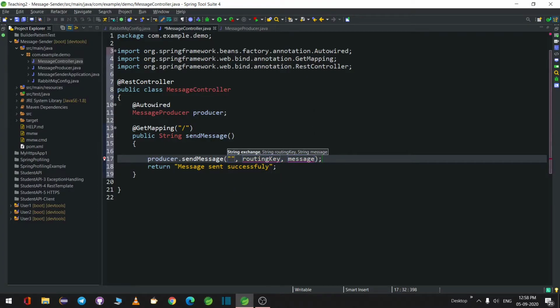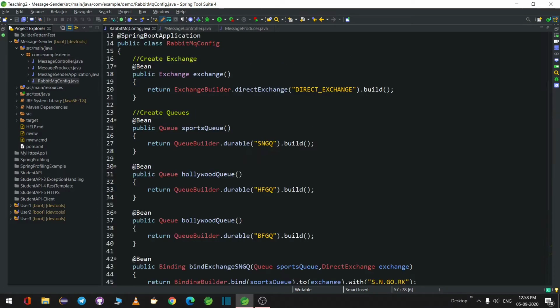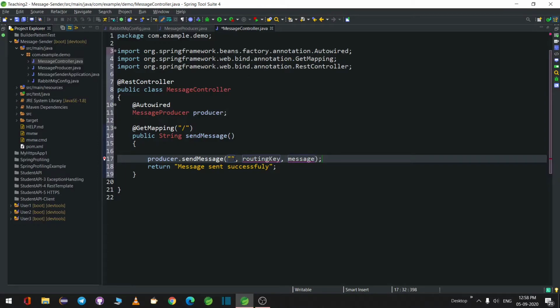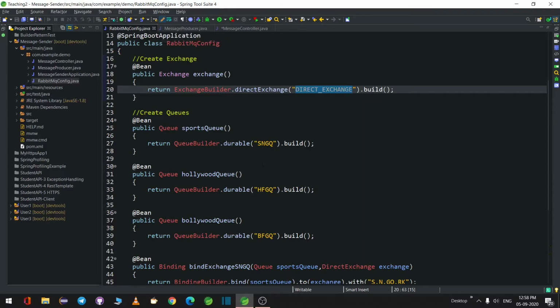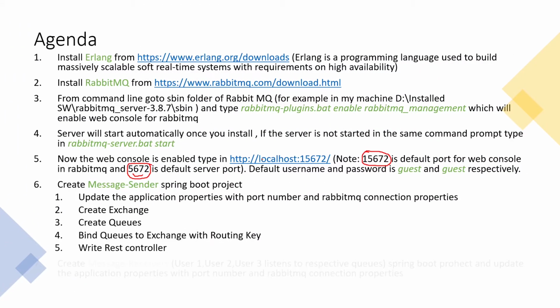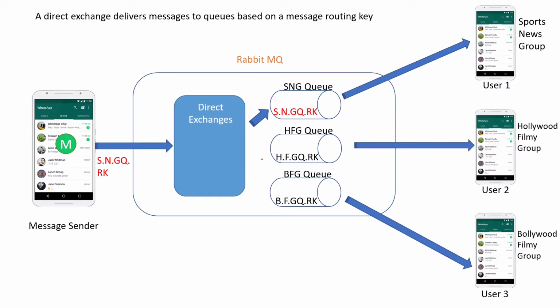So basically, as we are demonstrating the direct exchange, we have to use the direct exchange. Consider you want to send a message to a particular queue. As of now we are writing the direct exchange.